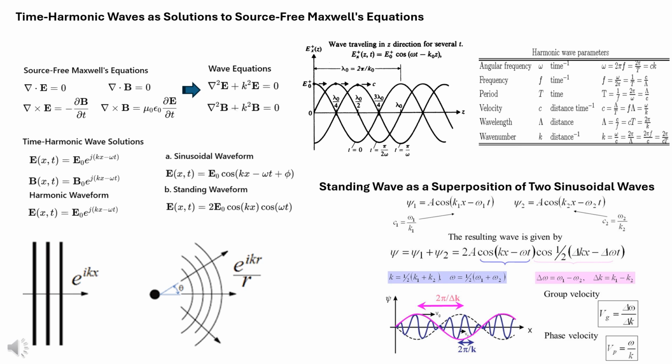Next, we look at standing waves. These are formed by the superposition of two traveling waves of equal amplitude and frequency, moving in opposite directions. The result is a stationary pattern with fixed nodes, where the wave amplitude is 0, and antinodes, where the amplitude is at its maximum. This pattern is particularly significant in resonance systems and cavities, where understanding and controlling wave behavior